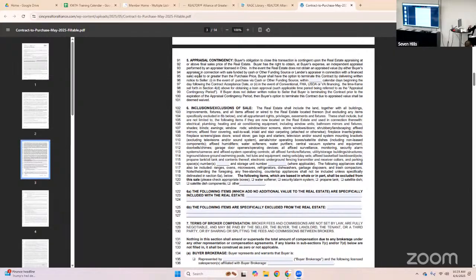Now, we all know that when an appraisal doesn't come in, one of three things is going to happen, right? One is what? It's good. They can terminate it, or they can go over. If it doesn't appraise to full value, the buyer can pay the difference. Yep, exactly. So one of those three things would happen.